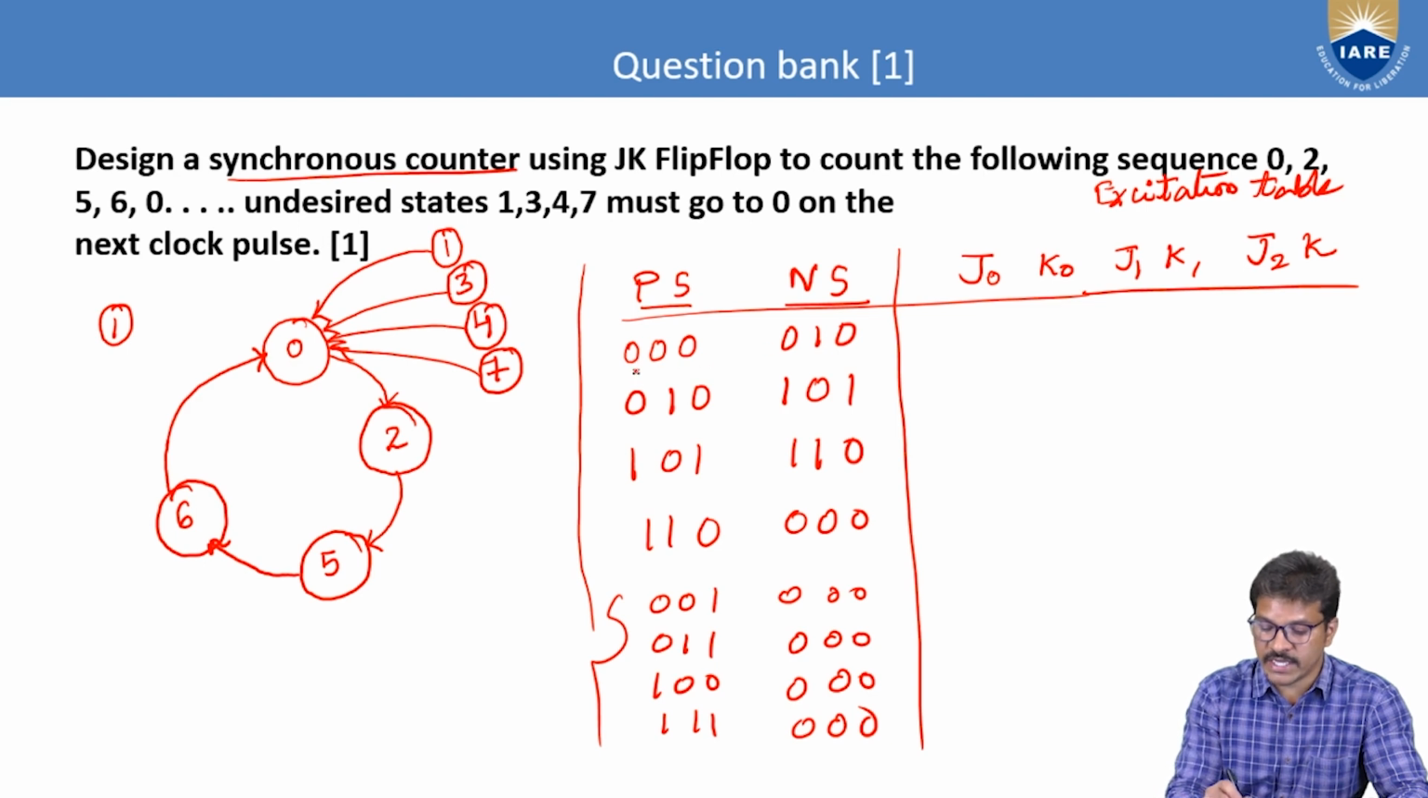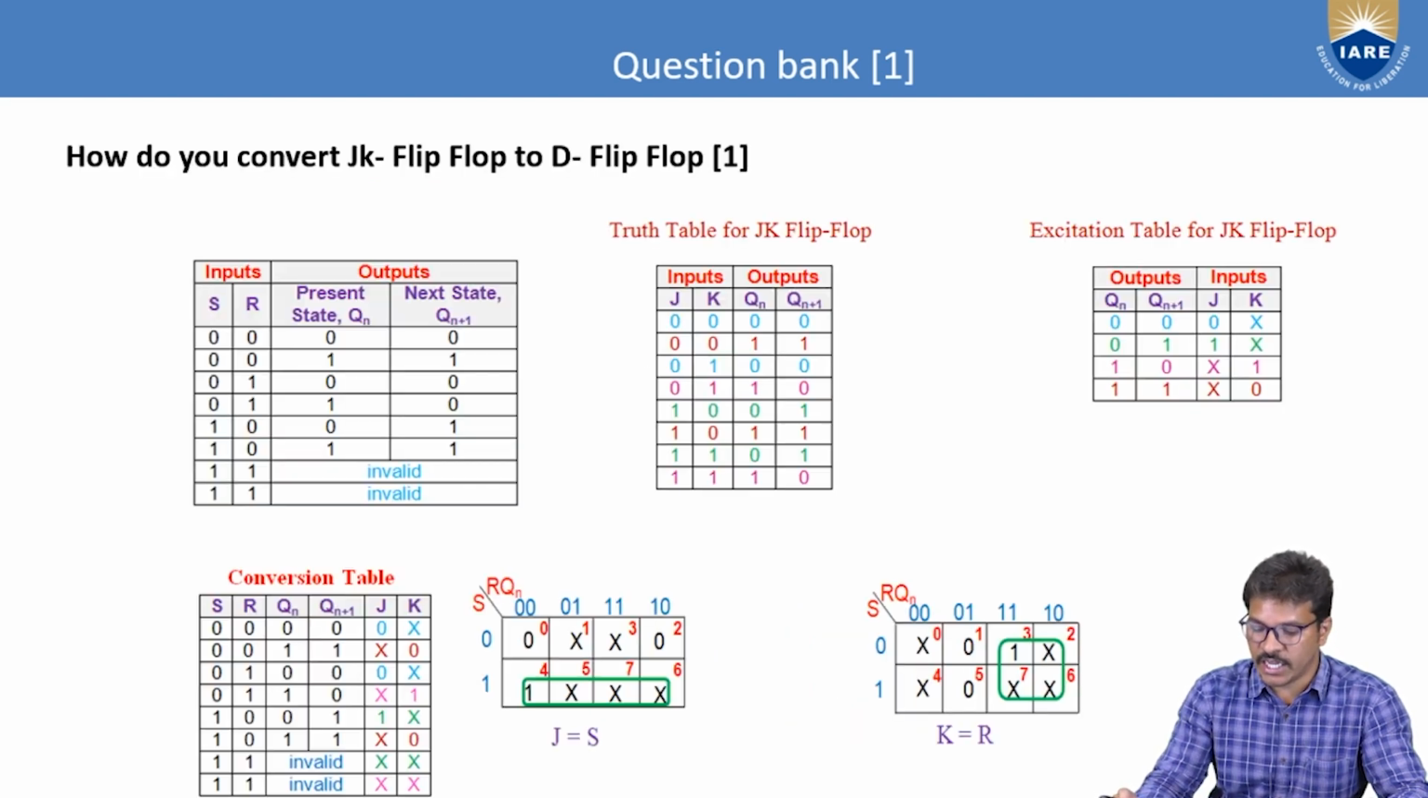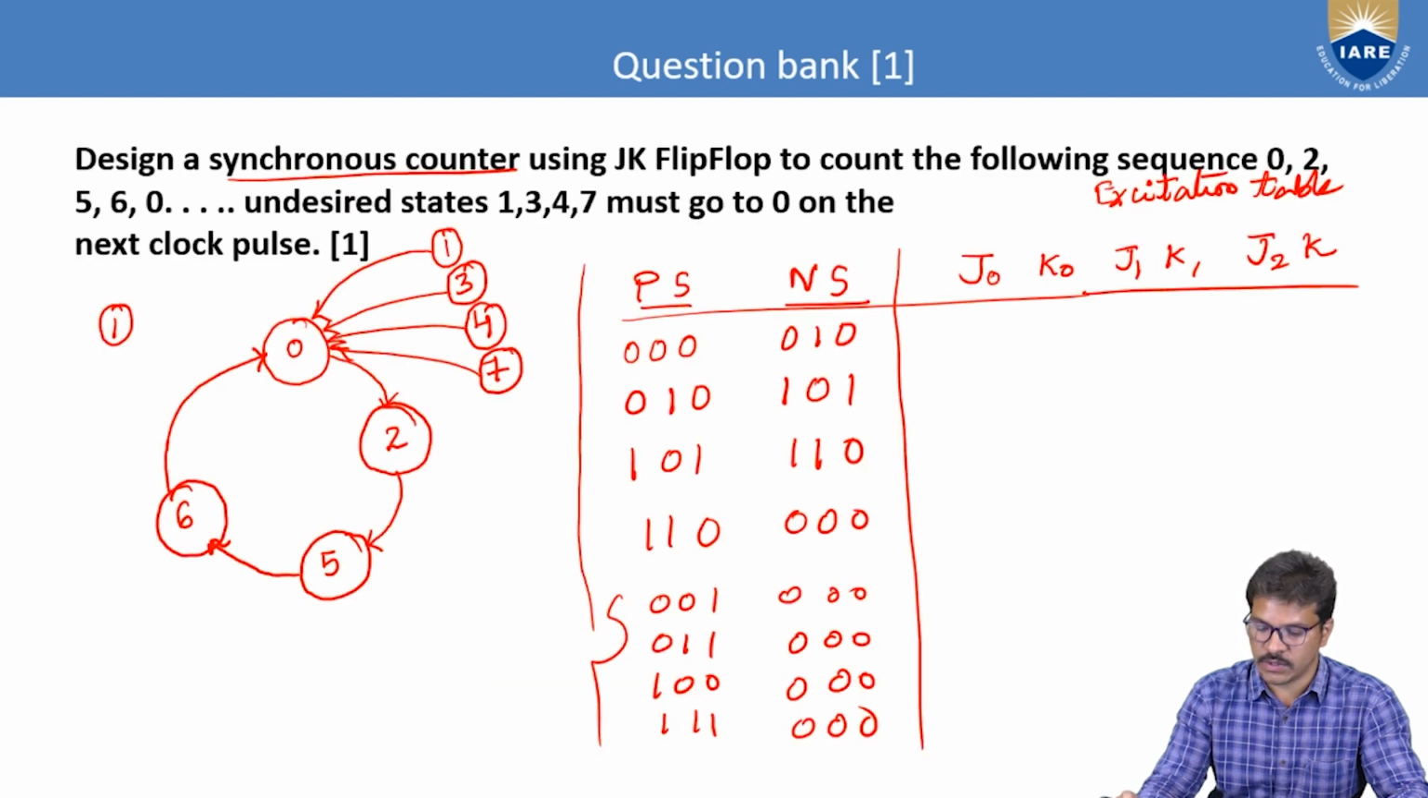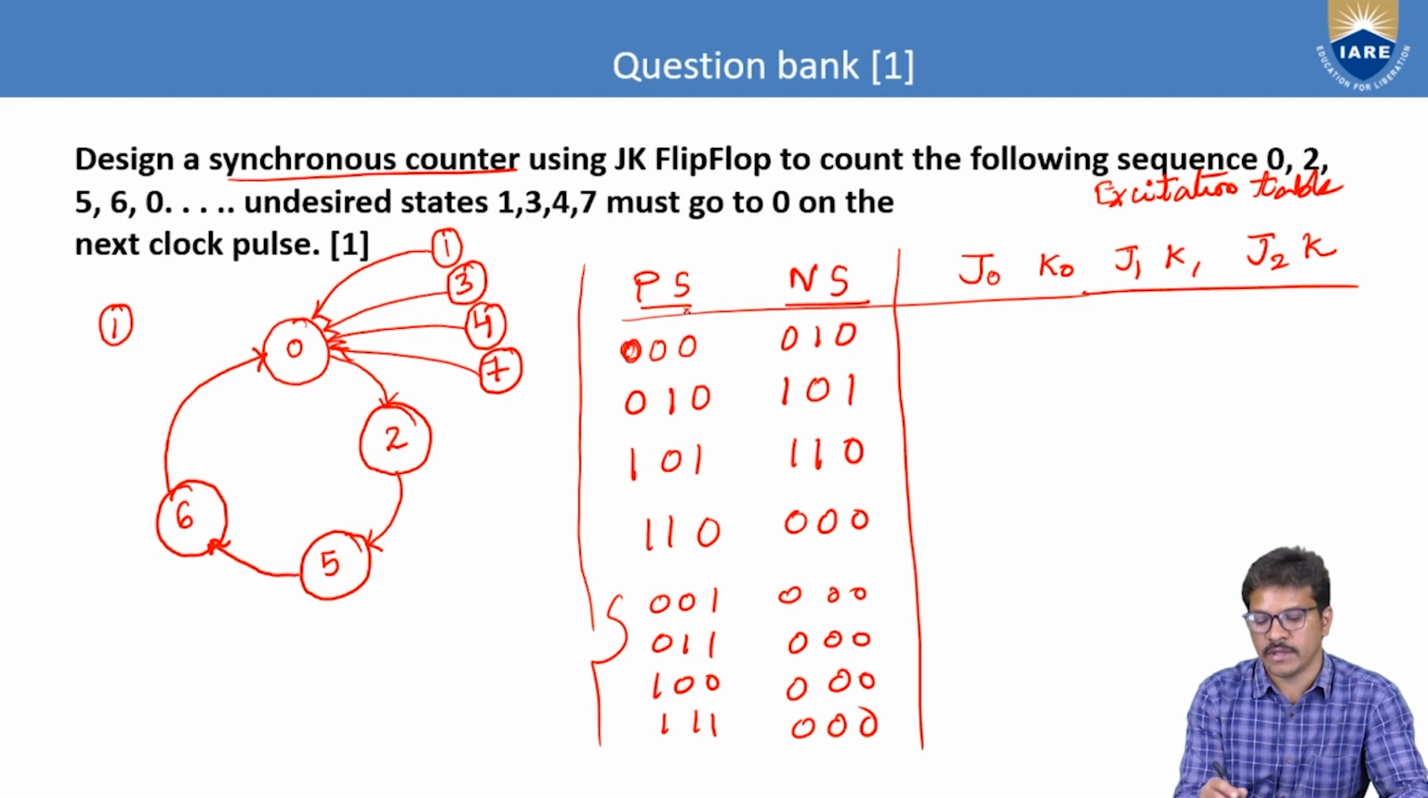So for example, we know the excitation table for the JK flip-flop is: if present state is 0 and next state is 0, then the inputs connected to J and K are 0x. So like that we have an excitation table. 0 0 gives 0x, 0 1 gives 1x, 1 0 gives x1, and 1 1 gives x0. If you take 3 variables,